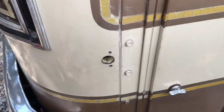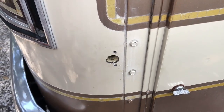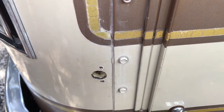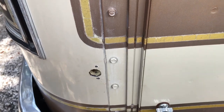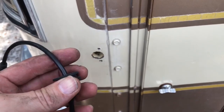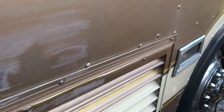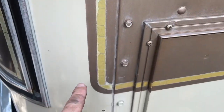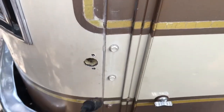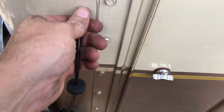Yeah. So here's one of probably the hardest parts of putting these cameras in, is having the gumption to drill holes in the side of your bus. Not real thrilled about it, but I really want these cameras. So this is the camera. It's got a grommet on it, and we're actually below the floor line. So these rivets here are the floor line. So we're well below the floor line. And it'll come out from underneath, and then we'll just go up through the floor where we can seal it a little better. So just putting these in there,